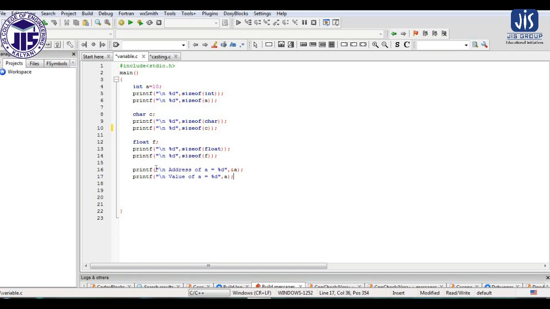And after that, here we print the address of a variable. Similarly, we can print the address of C and F also, that I have not shown here. Only A I am discussing, and the value of the variable. Now you can see the difference between these two statements: here we are using &A and here using only A. If I write only A, that represents the value of that particular variable, and &A represents the memory location allocated for this particular variable in the RAM. So let us run the program.